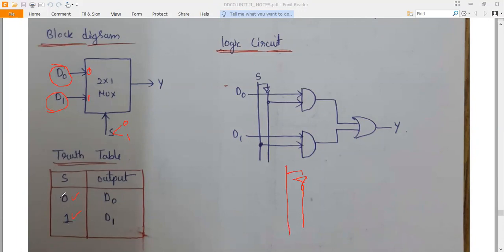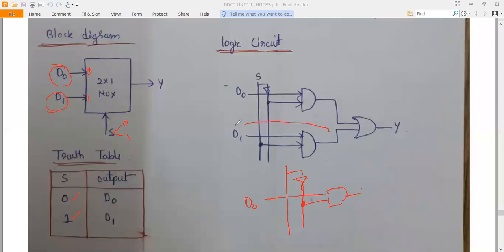See here, I will be taking an AND gate. If S is equal to 0, that means S bar, and what will be passed is D0. Whatever the value of D0, it may be a 1 or a 0, that will be passed on to the output.